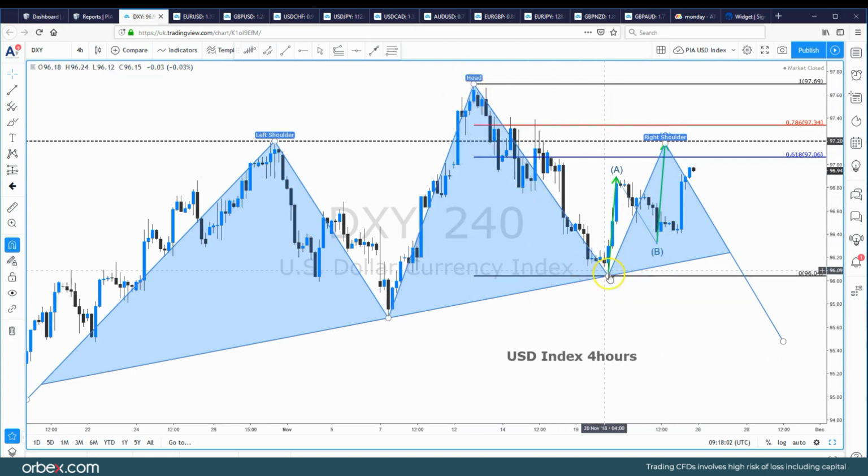So impulse moves to the downside to start with. Remember, we've got that bearish engulfing candle, and then we've got an impulse move higher, corrective, and then quite an impulse move higher. Now, the projected right shoulder is also the same level as an ABCD formation, which comes in around 97.18. 97.20 is this previous swing high. It's also between the 61.8 and 78.6% pullback level. So we're looking for dollar gains to be limited at the beginning of next week,